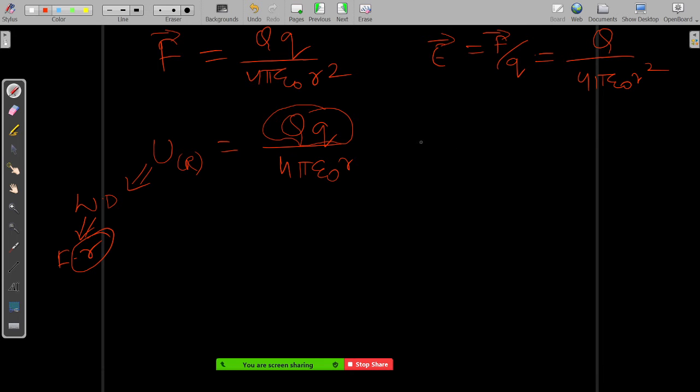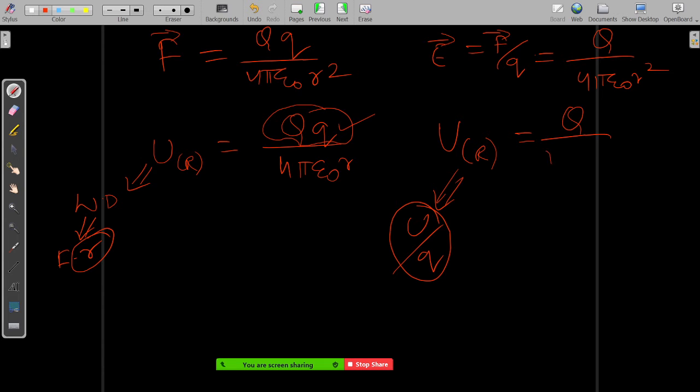Now, what is the potential of one charge? It's delta U by Q. Correct. So this V, we want to find V of something. It is related to this. It's not a derivation. We just want to let you understand and remember the formula. So what you have to do is, you just remove one Q from this formula. So this will become Q by 4 pi epsilon naught R. Correct? Fine. So these are the four terms we have studied till now.